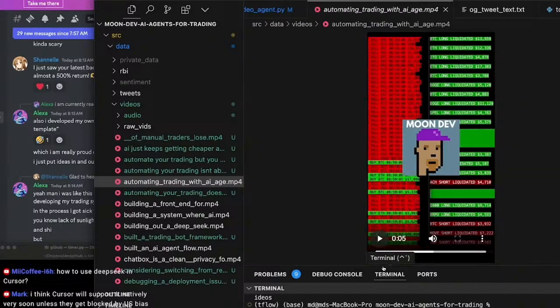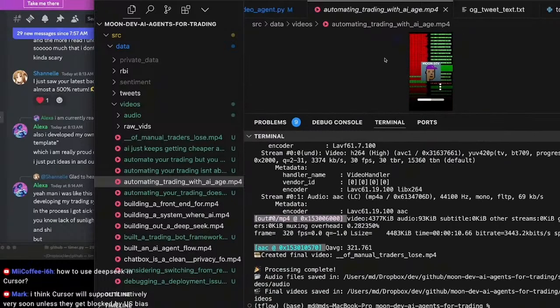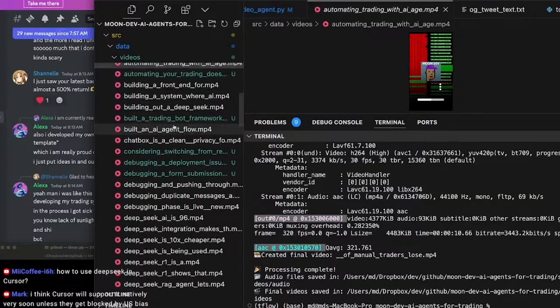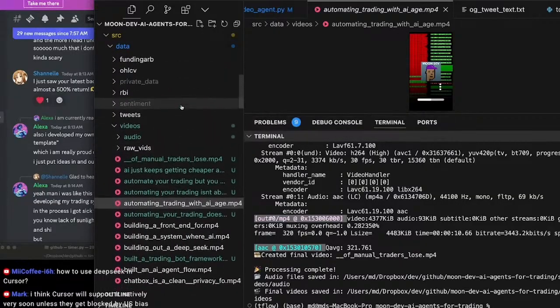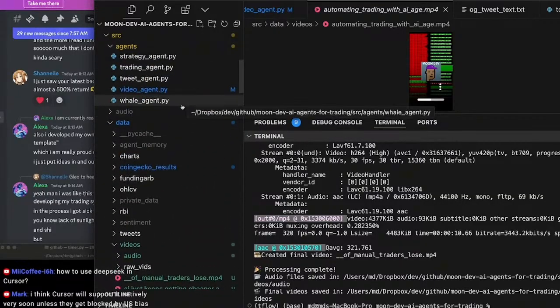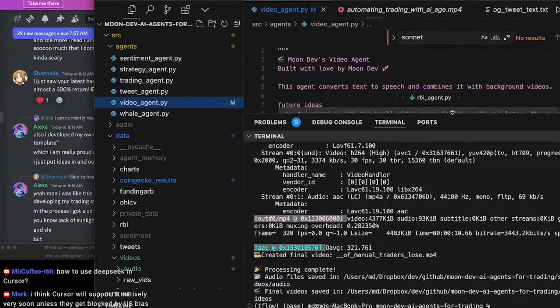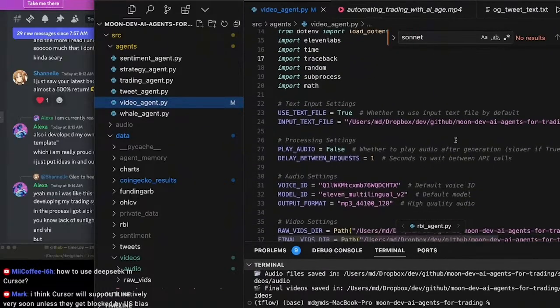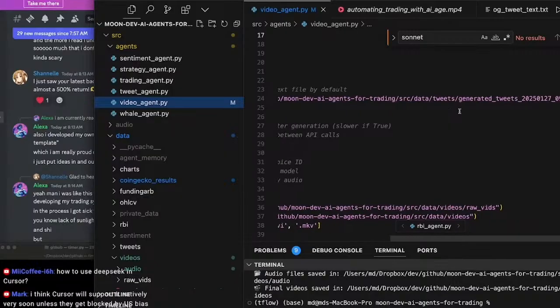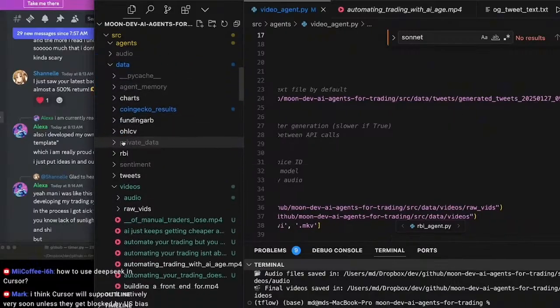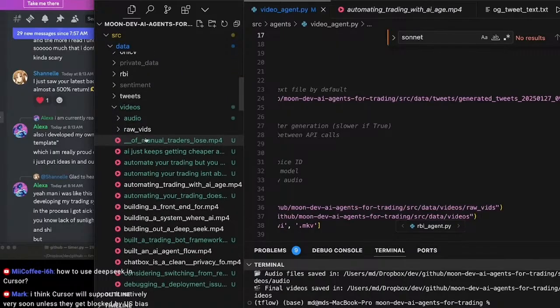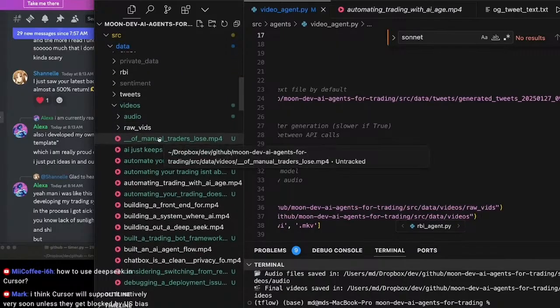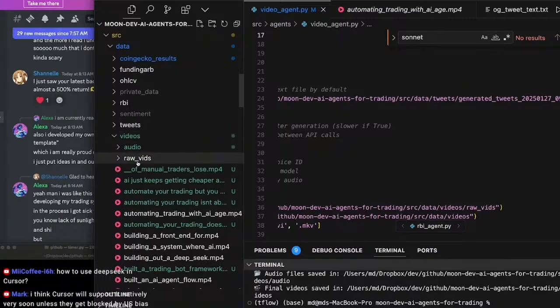Okay, we're done with this one actually, so that's awesome to see. How do I do this workflow? That's one thing I'm really thinking about today, is how do I get this done quickly? Input text file, tweets. So the way I'm doing this, dude,